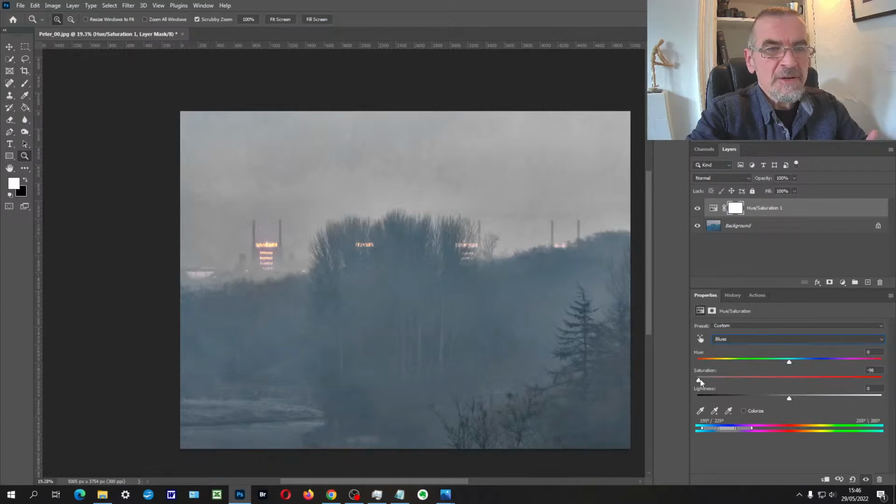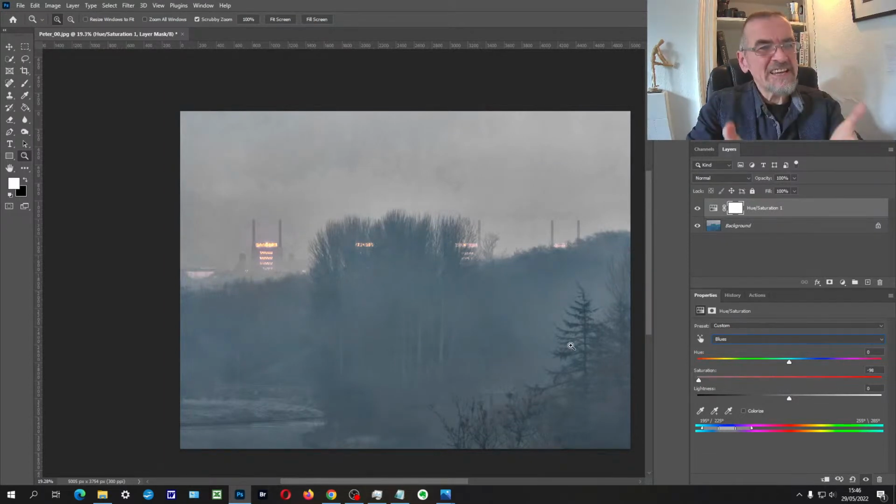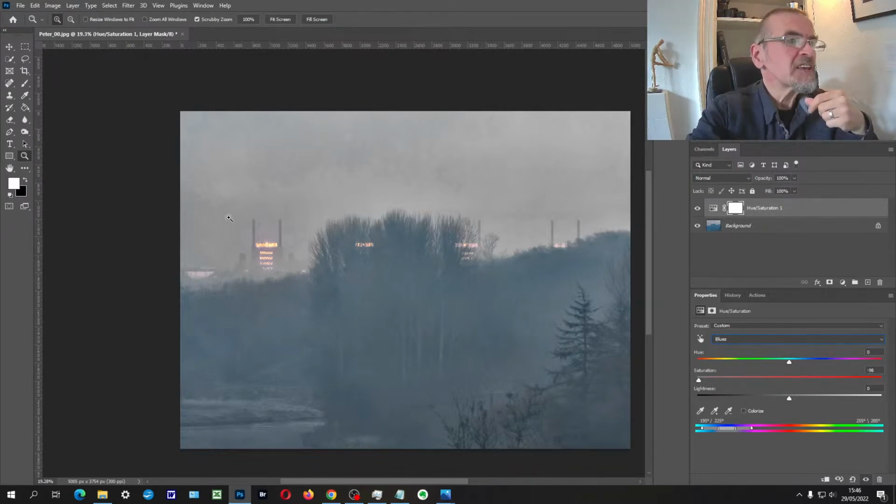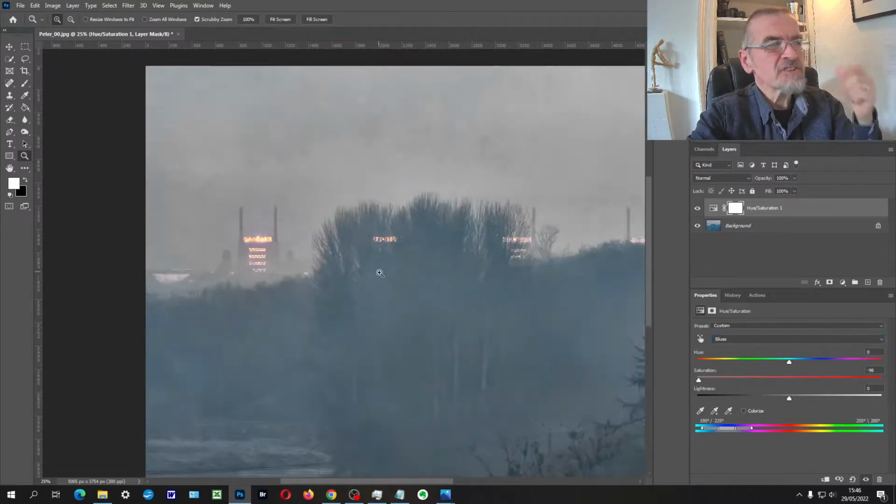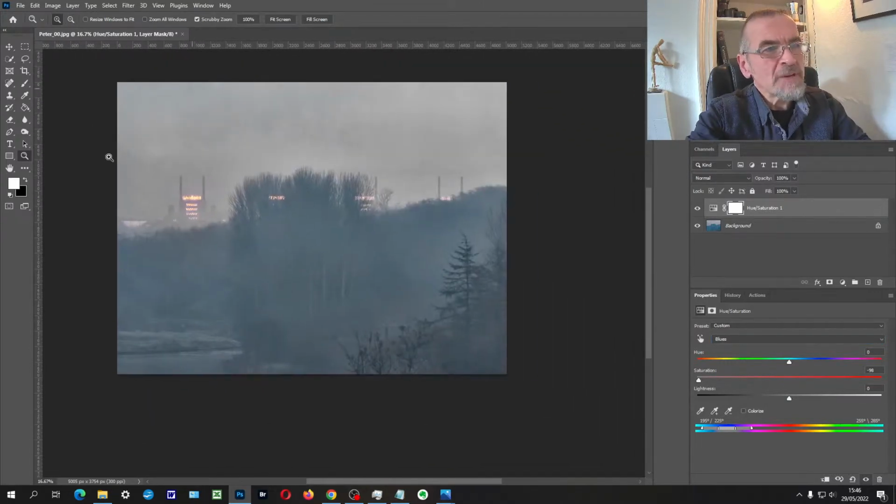You have to be slightly careful about going too much in the way of selective colour. The big problem here really is that there's just not enough information in the picture, so when we try to get more detail out of it, there wasn't enough detail in the first place. And I think, to be honest, Peter, this is where the tricky bit comes: the picture is so big and most of it just doesn't have enough detail to give you the quality you want, that in a way what you're better off doing